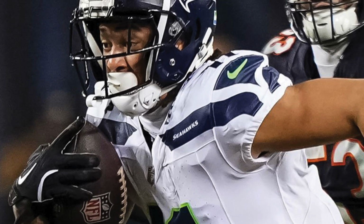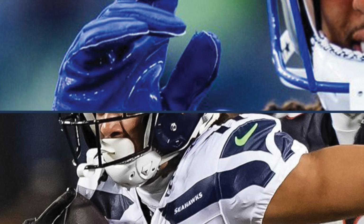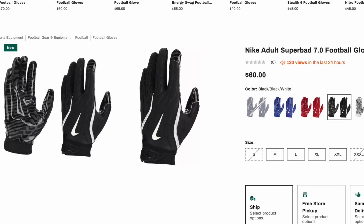Typically, the Superbad line is for big skill guys, but the 7.0 has thin enough padding where guys are comfortable rocking them at wide receiver. They also have sticky matting grip plus palms and do a pretty good job helping JSN catch the rock. If you guys want to grab a pair of these, Dick's Sporting Goods has them in a couple different colorways